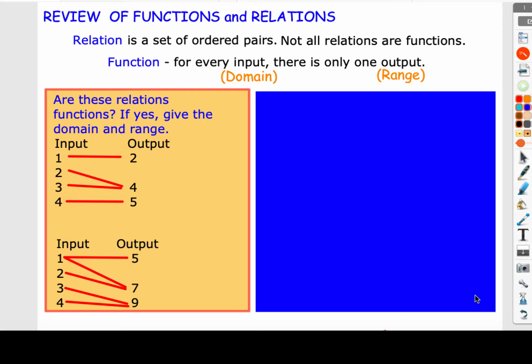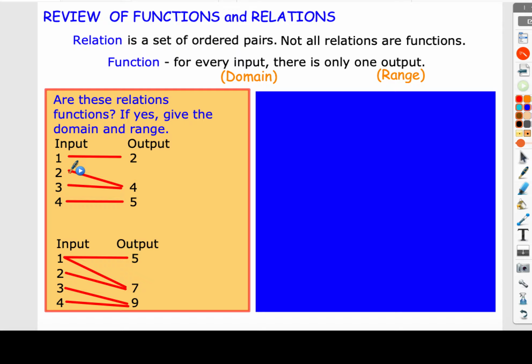All right, this video is going to introduce the idea of function notation. And in order to talk about function notation, we should talk quickly about, again, what was a function? We've studied these before. Remember, a relation is relating inputs to outputs. And a relation is a function if every input has exactly one output, such as the function we have in